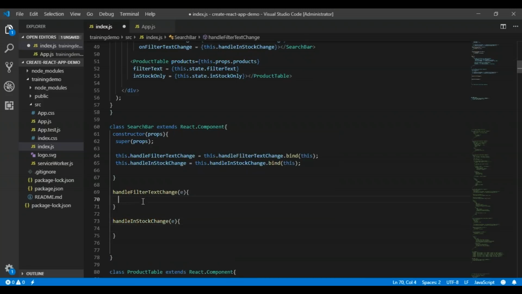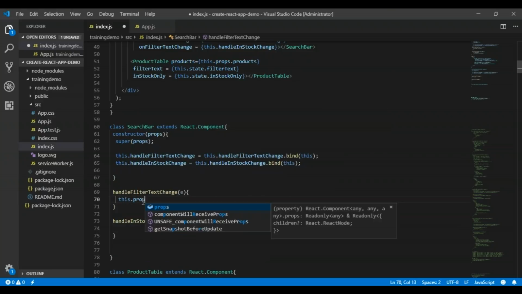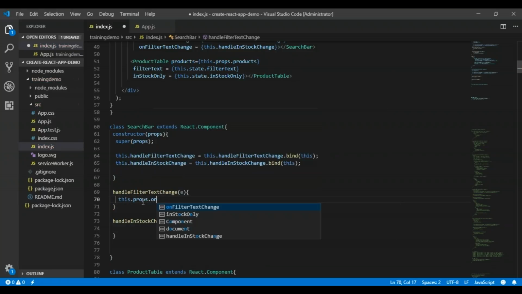Now in the handle filter text change, what I want is this dot, because I have the props. So on filter text change, I want to pass the value which is written by the user in the text box. So e dot target dot value. This is the value which is written by the user in the search.